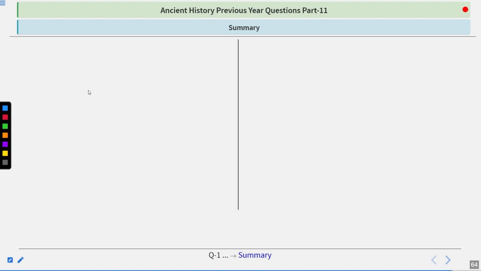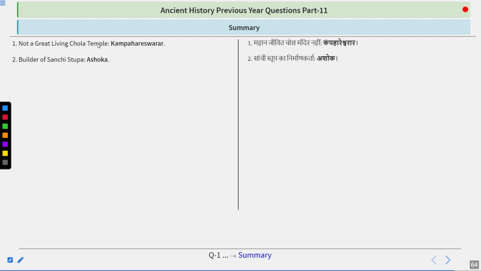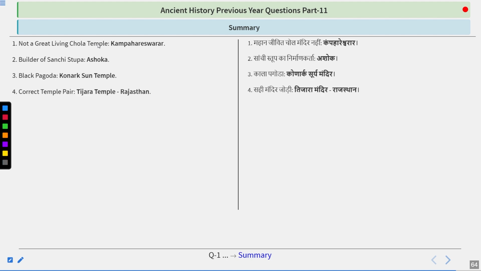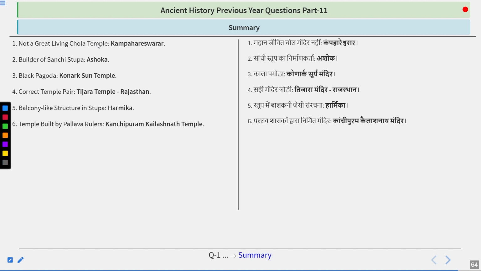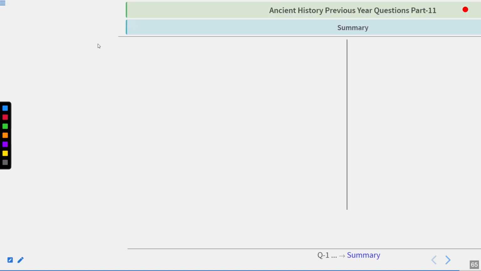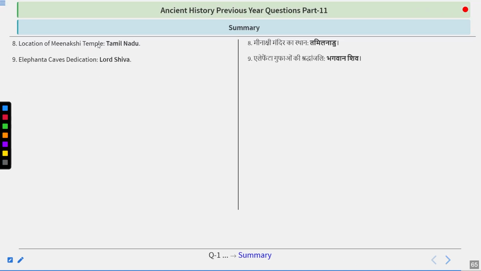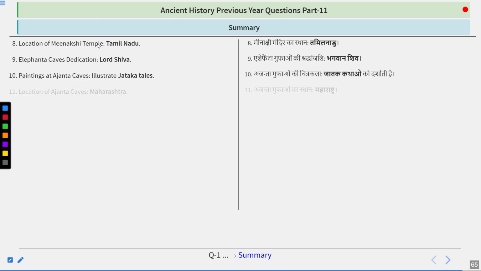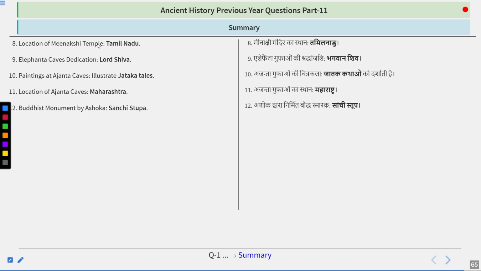So let's summarize what we have learned so far. Great Living Chola Temples. Kampareshwarar. Builder of Sanchi Stupa, Ashoka. Black Pagoda, Konark Sun Temple. Correct temple pair, Tijara Temple. Balcony-like structure in a stupa, Harmika. Temple built by Pallava rulers, Kanchipuram, Kailashnath Temple. Part of a temple for worshippers, Mandapa. Location of Meenakshi Temple, Tamil Nadu. Elephanta Caves dedication, Lord Shiva. Paintings at Ajanta Caves illustrated Jataka tales. Location of Ajanta Caves, Maharashtra. Buddhist monuments by Ashoka, Sanchi Stupa. Indian painting style with gold,